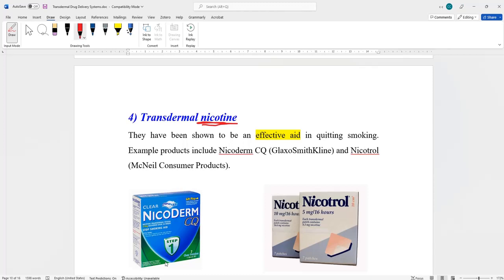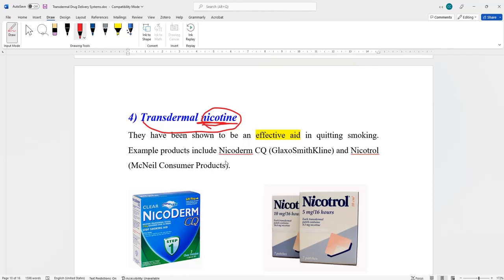groups. For one group, they gave them transdermal nicotine, and for the other group they gave them placebo, meaning transdermal placebo containing no nicotine. Of course it was a blinded study, meaning the investigators and the patients did not know whether they are taking nicotine or not. You know what they found at the end? They found that those who are taking transdermal nicotine are two times more likely to quit smoking compared to those who took placebo. Examples of transdermal nicotine we have